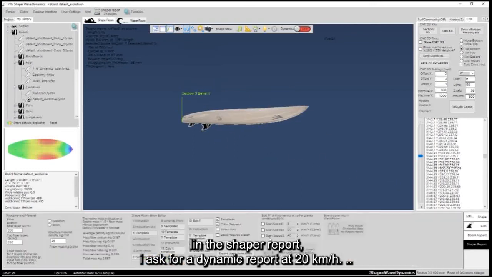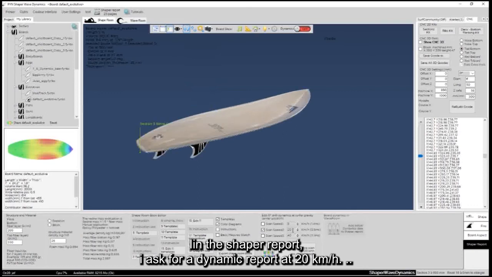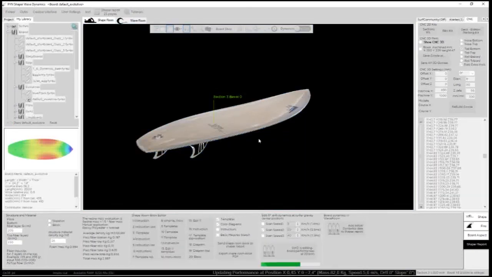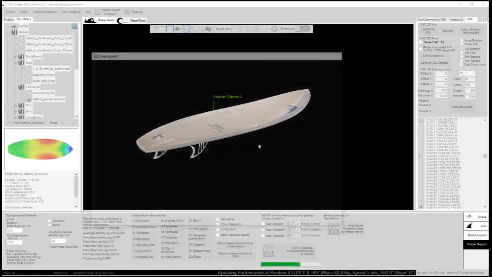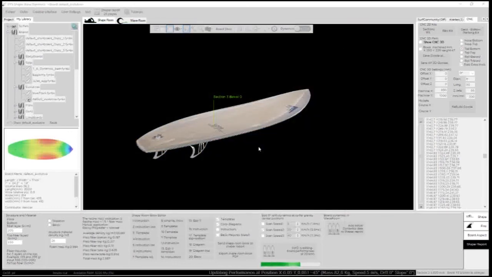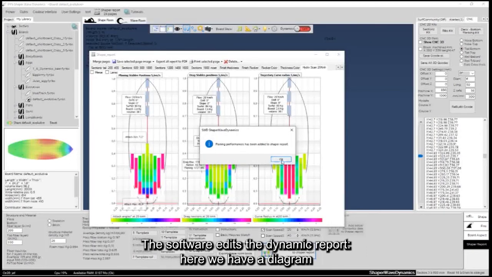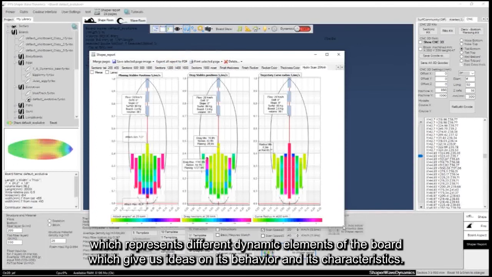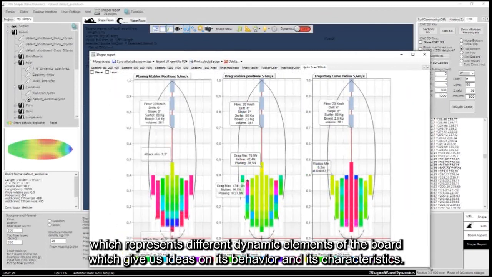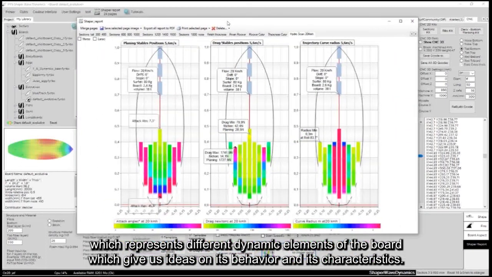In the Shaper report, I ask for a dynamic report at 20 km per hour. The software edits the dynamic report. Here we have a diagram which represents different dynamic elements of the board, which give us ideas on its behavior and its characteristics.